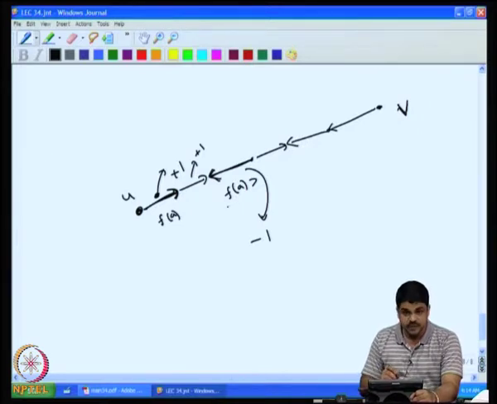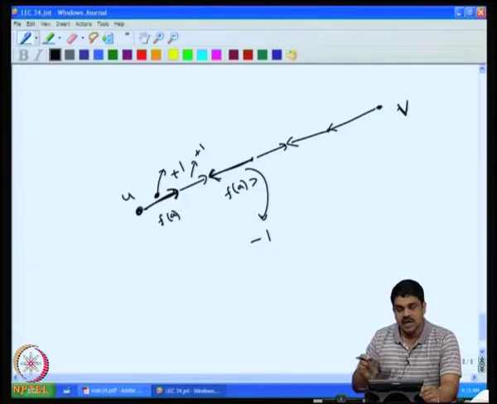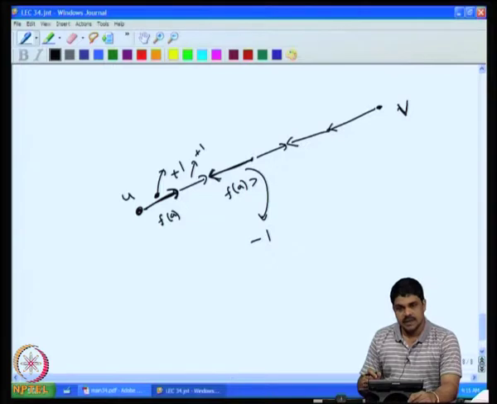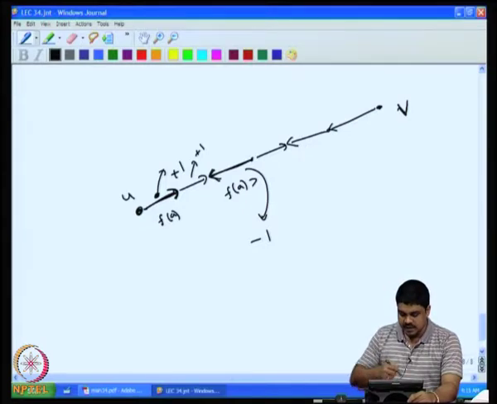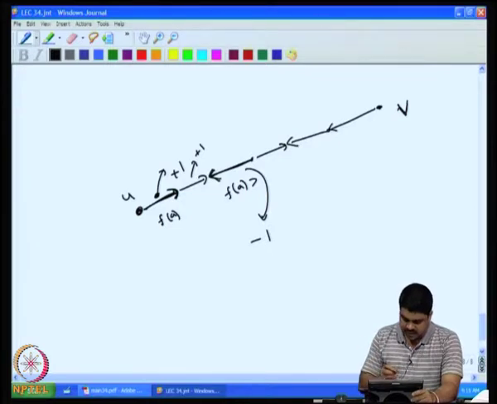Remember, this f of a is an integer value, b of a and c of a are also integer values. We can always do these things without integers also, but to explain the idea, we can assume that b, c, everything is integer, and then we started with an integer valued f. So, we will increase by 1 for the forward arcs, decrease by 1 on reverse arcs, and all other arcs we will leave as such. Now, we can easily check